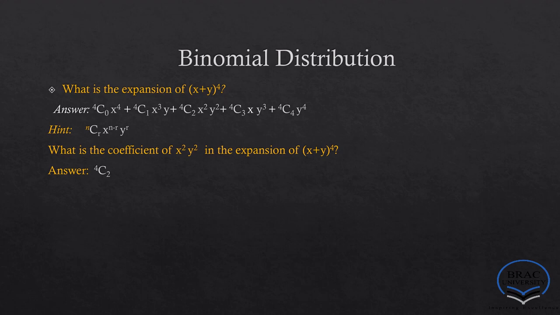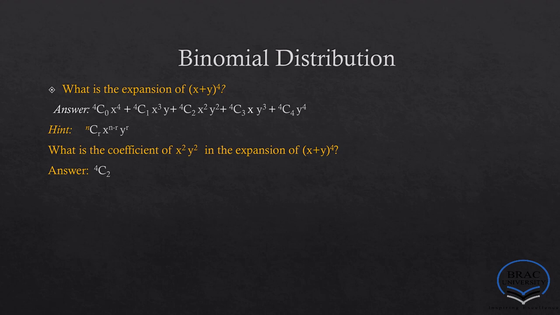So what is the expansion of (x + y) to the power 4? We know that the rth term of any expansion is nCr x^(n-r) y^r. So the zeroth term would be 4C0, as the highest power is 4 here, so nCr would be 4C0, x to the power n minus r would be 4 minus 0, that is 4, and y to the power 0. The first term would be 4C1 x^(4-1) y^1,